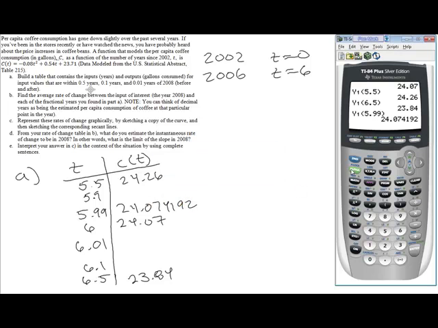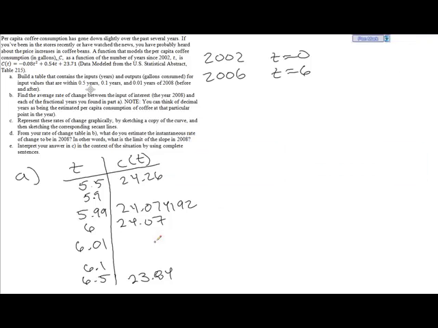24.074192, and then I'll just do 6.01 since I already have 3 digits here. 6.01 gives me 24.065792. Now notice how close these numbers are to one another, because they're not very far away from my